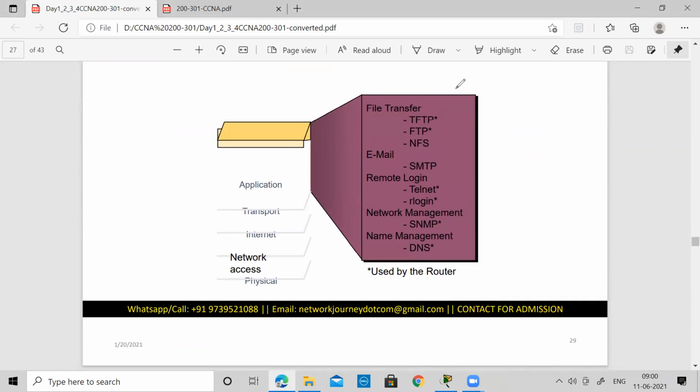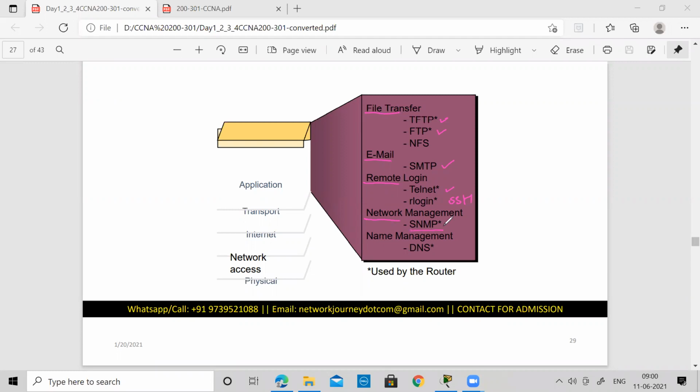So first, starting with the application layer. You see these are the set of protocols. Where you want to do file transfer, you need to use the TFTP protocol, FTP protocol. When you're using an email application, this is the protocol running behind. When you want remote access of your device, you have to use Telnet, SSH, all these things. When you want to monitor your device, to see which devices are going up, down, which interfaces are up, down, etc., you want to monitor from a centralized manner.